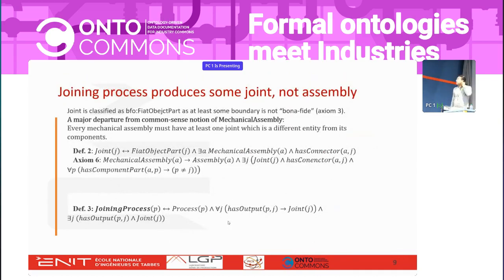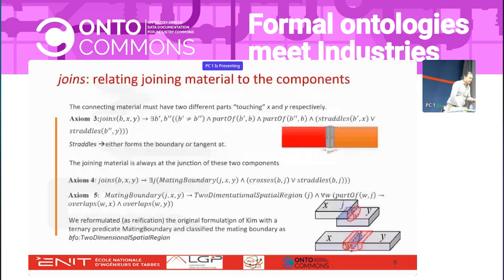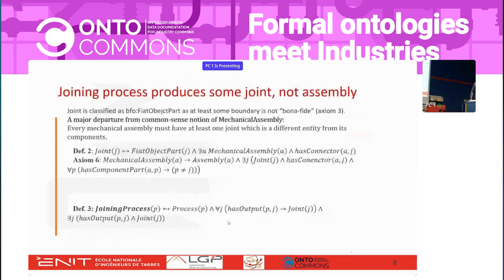Now, if we have that, then what we can say is that the joint, first of all, from the previous axiom, you can see that at least there is some boundary of that joint, the gray portion, which is not a bona fide boundary. So if there exists some portion which is not bona fide, we can say that it is a fiat object part. So we say that joint is a fiat object part,